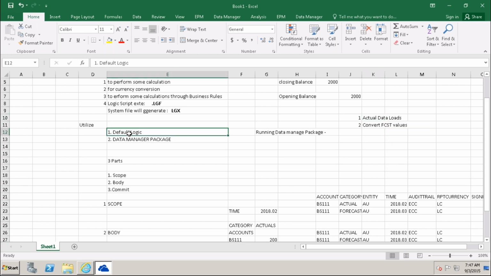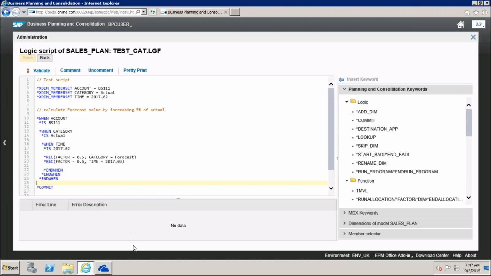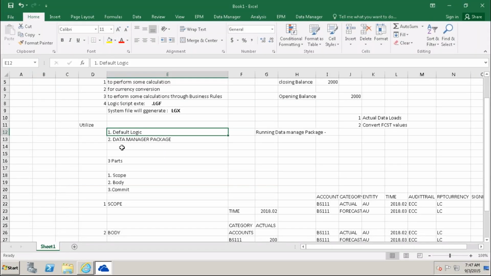But when you keep it in the default logic, the system does not wait for your turn. The system automatically triggers this script logic and copies all actual values into the forecast values as per your requirement. That is the two major differences here.